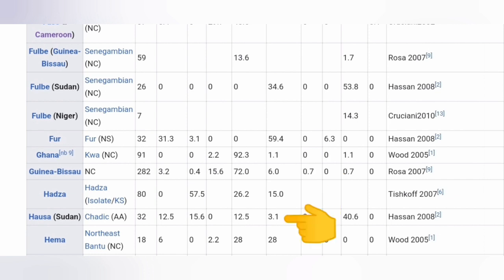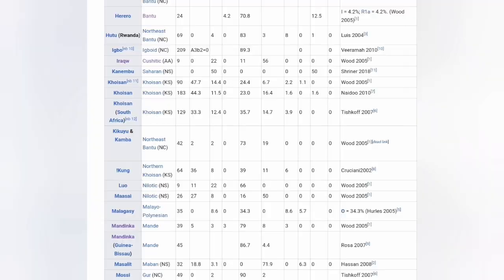15% in the Hadza, 3.1% in Chadic, 28% in the northeastern Bantus, 3% in northeastern Bantus, 56% in Cushitic. 6.7% in Khoisan, 16% Khoisan, 14% Khoisan, northeastern Bantu 19%, 11% in Khoisan, 50% in Nilotic, 8% in Mandika, 4.4% in Guinea, 71% in Masalit,